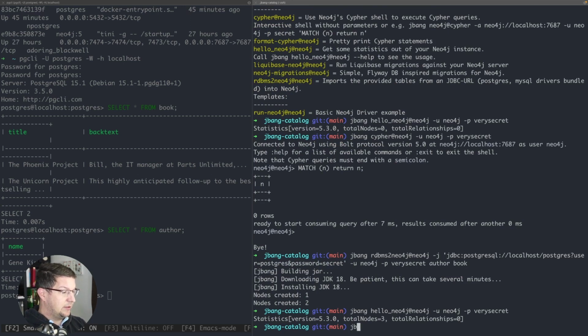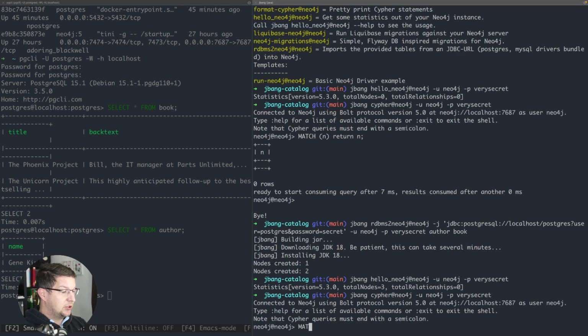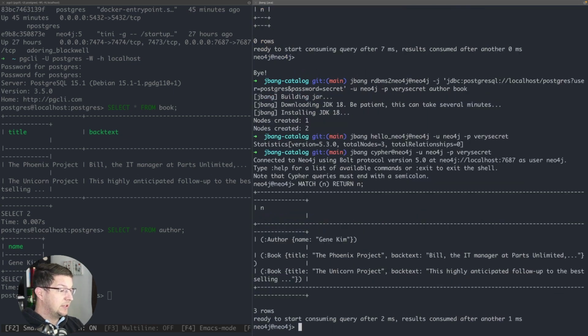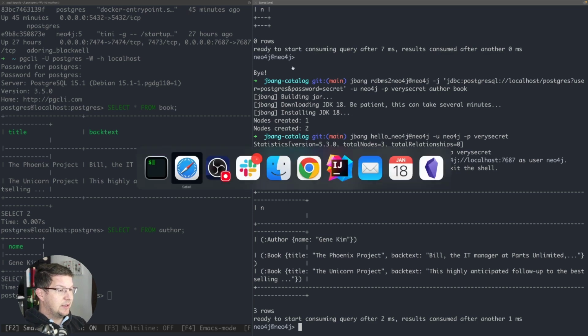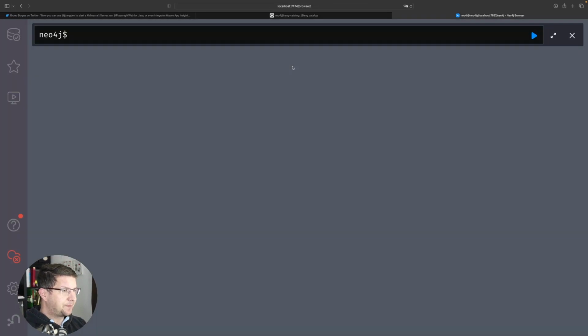Of course, we can also use the Cypher command, just to be really sure what's in there, what kind of nodes. Did the nodes get converted correctly, etc. So we select all the nodes again, and we can see we have the author and 2 books. Perfect. But looking at the database itself, we can see if we're issuing this query here,